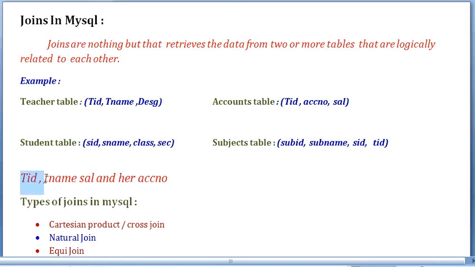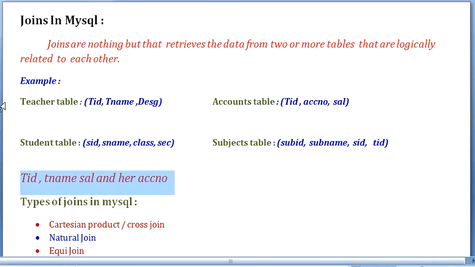The teacher ID and teacher name are present in the teacher table, right? And salary and her account details are stored in our accounts table, which is linked with the teacher ID itself. Whatever data the user wants to see is placed in two different tables.